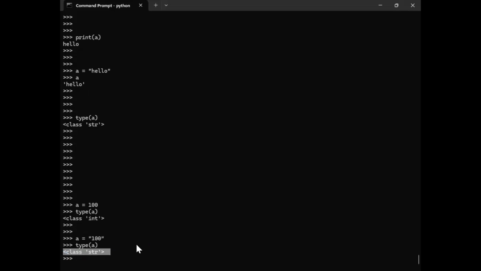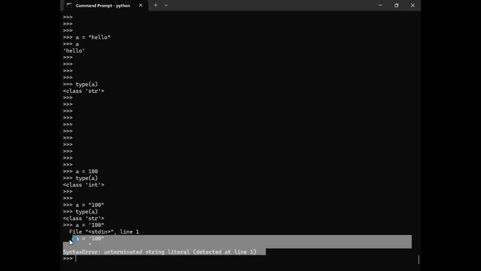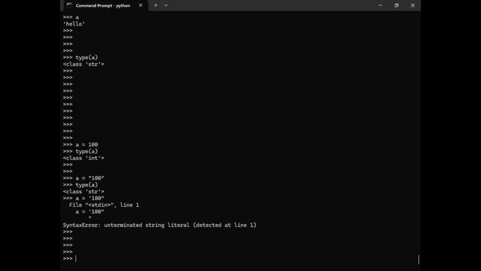Yeah. So be it single quotes or double quotes, it will treat the same way as a string, right? Same way. But you cannot do like this, a single quote 100 and double quote. That it will not accept. Throughout your program, I will suggest either stick with the single quote or stick with the double quote. Doesn't matter.